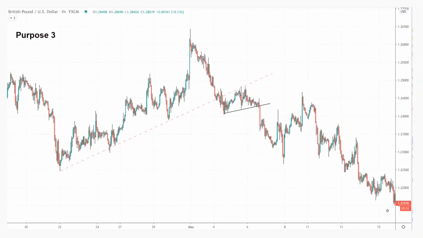Then the third one I would like to go through is actually the trendline break and retest, which is a method that I would prefer because it gives you more confirmation. Because once the trendline breaks, it can be a fake break, it can go for a short run and then bounce back up all the way. So sometimes that happens, but if let's say it breaks a valid trend line, like for example this,